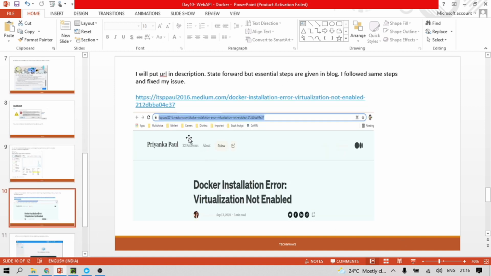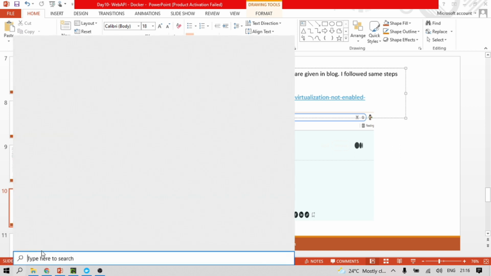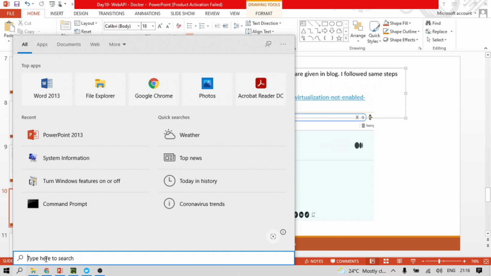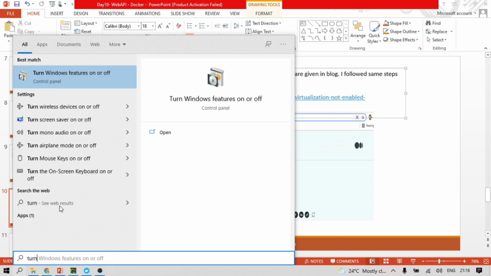So I found one article which helped me a lot to enable this feature. Before that, if you install Docker, the Hyper-V extension is already available on your PC. So firstly enable that, and let's try once more to see if it is working.